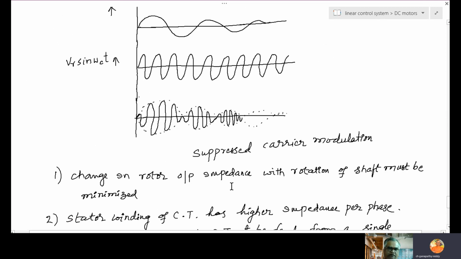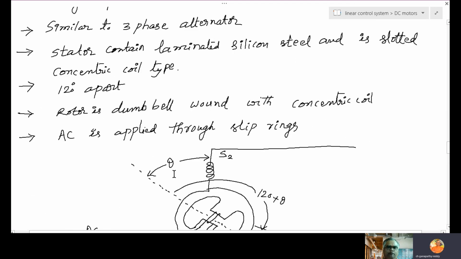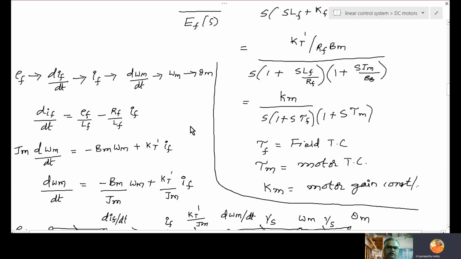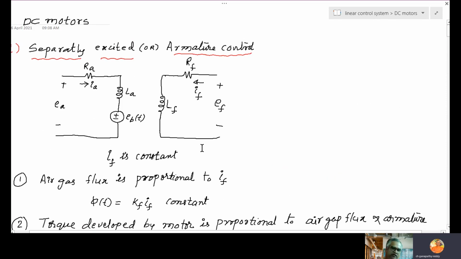This is about the tachometer. So we studied the tachometer, then the synchro pair, then the AC servo motor, then field control, armature control. These are the things as per the syllabus. With this, electrical systems are over, mechanical systems are over, the first unit of linear control systems is over. We don't get any problems, they don't ask any problems in this. Whatever I told you, you just prepare. It is more than sufficient. So with this, I stop.